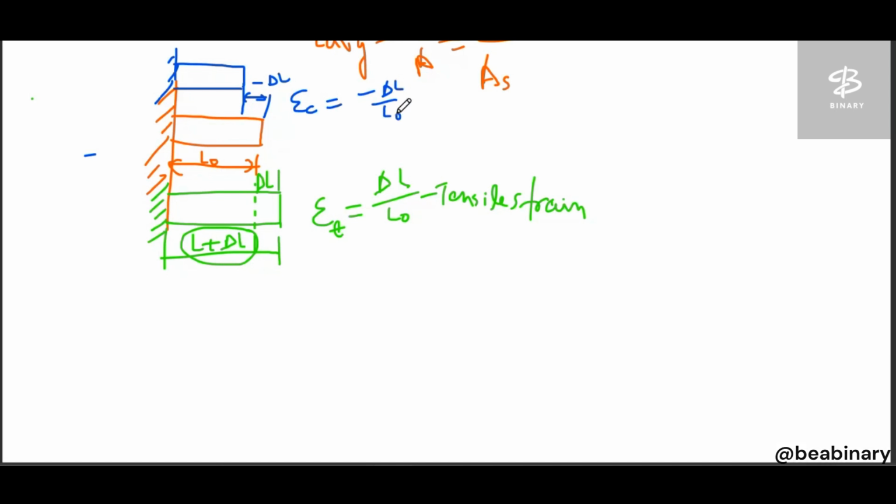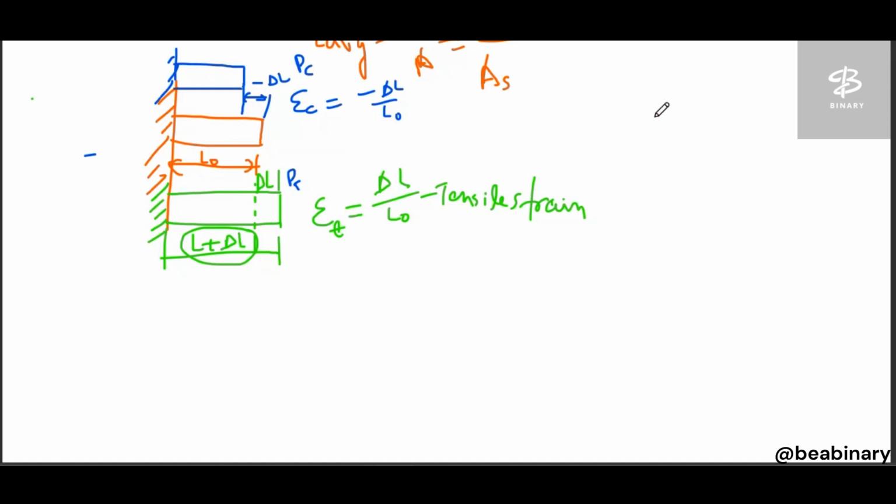Now here we want to discuss if the applied force is a compressive force. Suppose the applied force is the compressive force, meaning PC. Here the applied force is the compressive force, and here this is the tensile force, so this is PT. Now, if the applied force is a compressive force, a compressive load, then a reduction in the length per unit length